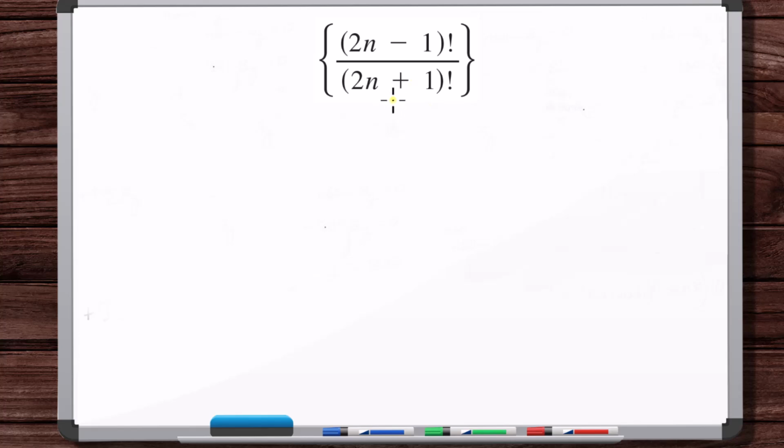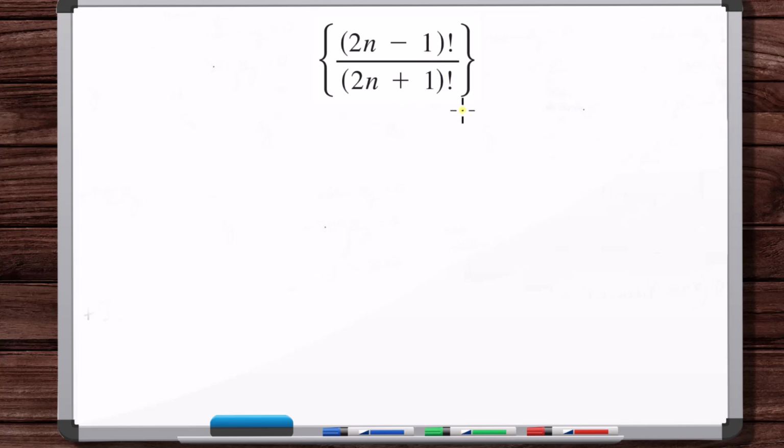Okay, what do we do here? Well, when it comes to factorials, we can't do the f of x method. We can't replace n with x because factorials are not defined for non-integer inputs. So with factorials, in general, you're just going to have to manipulate the factorial to try and simplify it or put it into a form where you can see what the